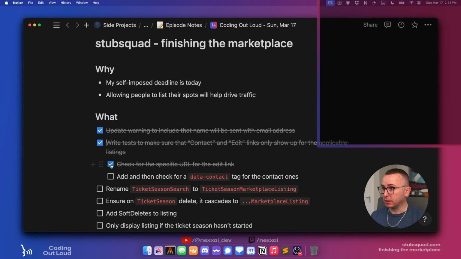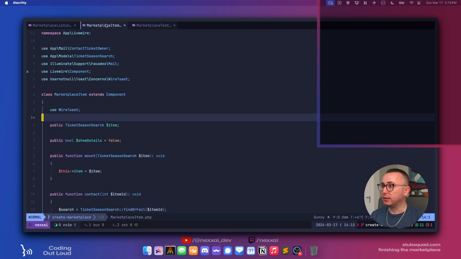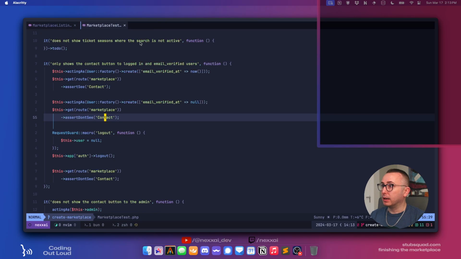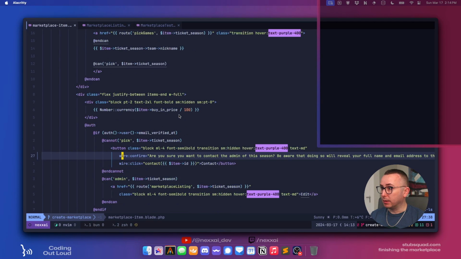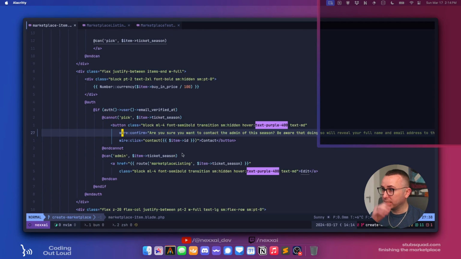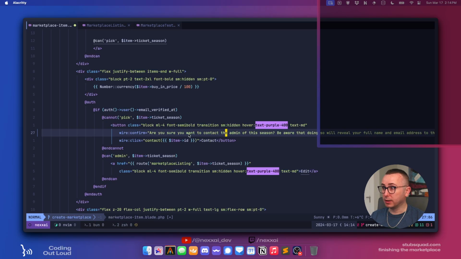Check for a specific URL in the case we're doing that, and then add a data contact. So that was the other thing that I wanted to do. Right now this is a really naive test that's just looking for the word contact. Technically, that kind of works, but what I really would like to do is go to the marketplace item, the blade, and in the contact one, not the edit field,